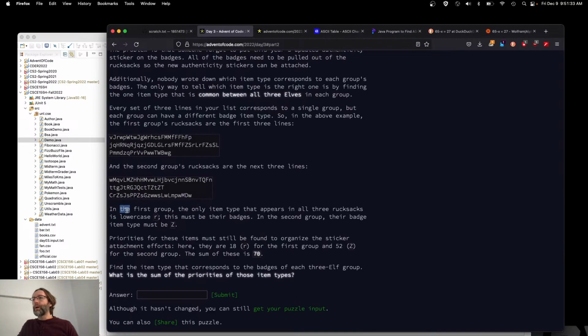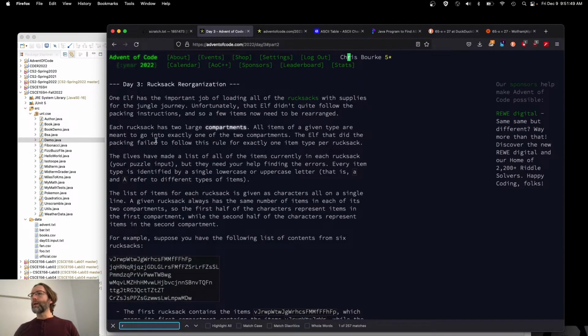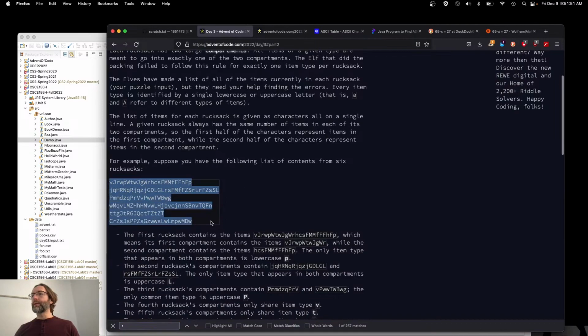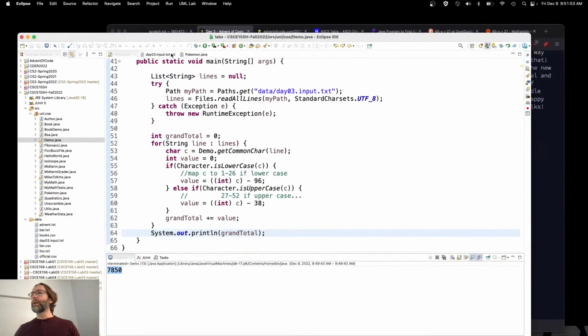In the first group, the only item type that appears in all 3 rucksacks is the lowercase r. This must be in their badges. In the second group, their badge item is type Z. All right, so it doesn't have to appear in both parts anymore, right? All right, well, here. Let's take this over here and